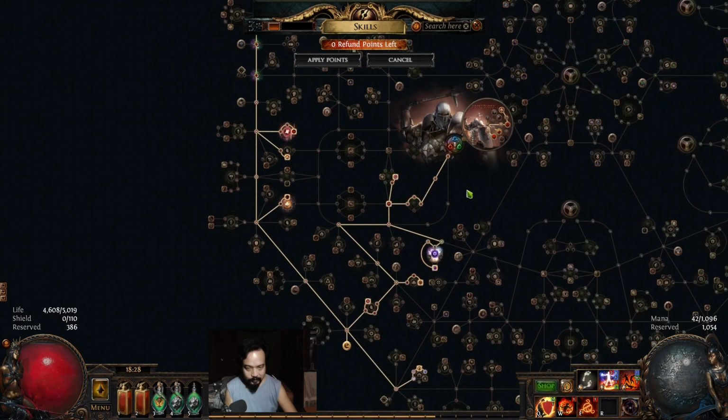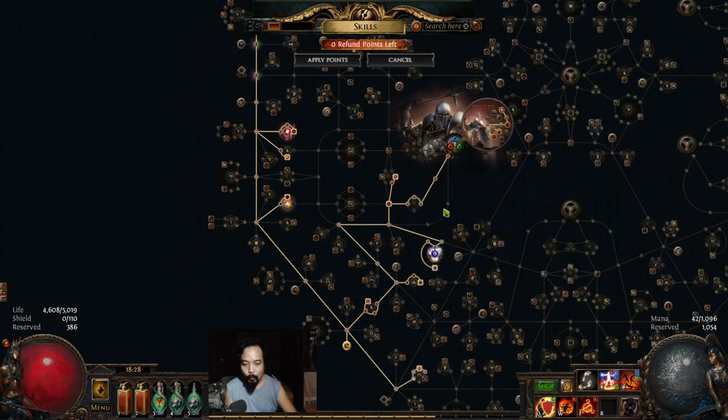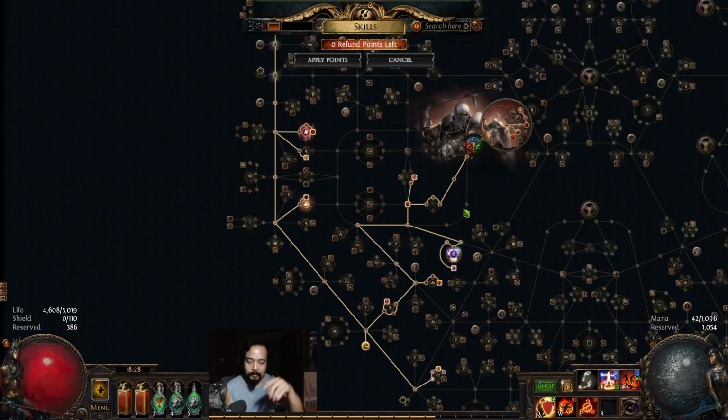So with the skills, you wanna take the Life and Armor nodes over here, going to Warrior's Blood. You take the Heart of the Warrior. Again, this is the end game stuff. This is from level 80 to 90 plus, I think, or to 93. Again, the link is in the description down below if you want the complete guide on how you could play it, because there's a lot of